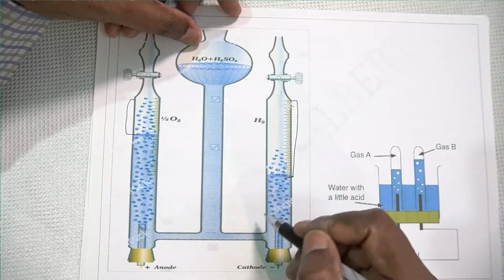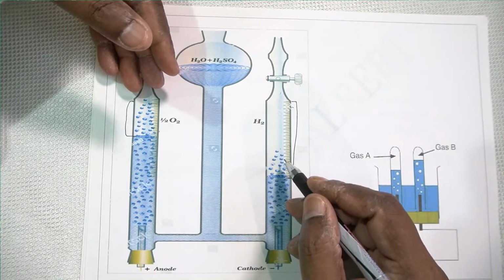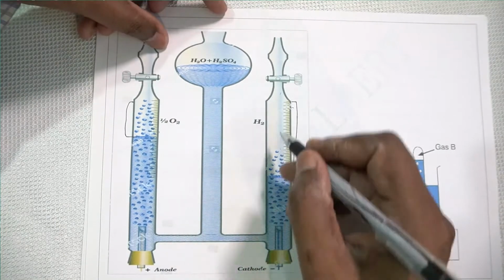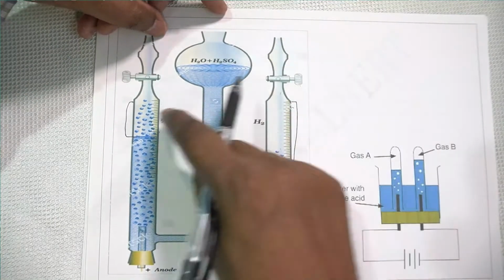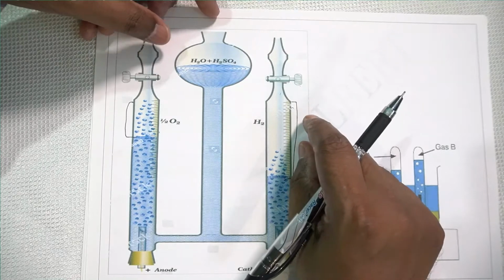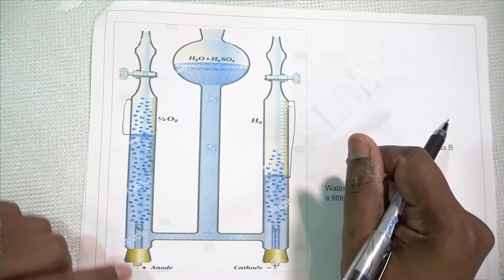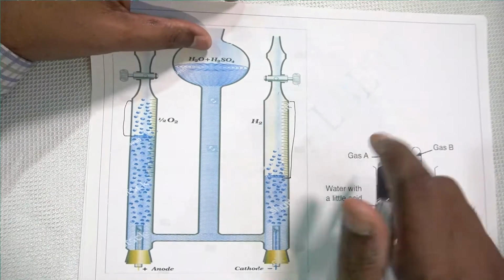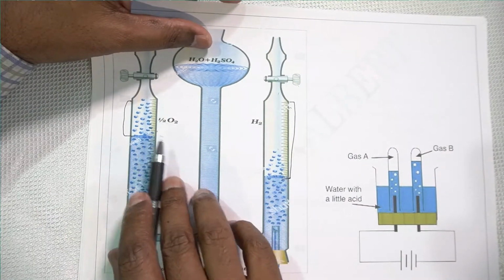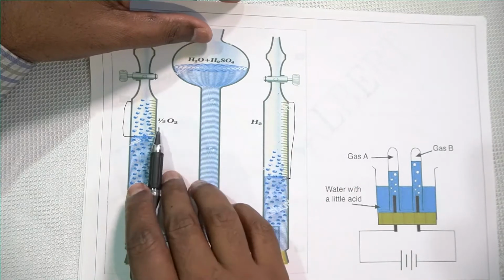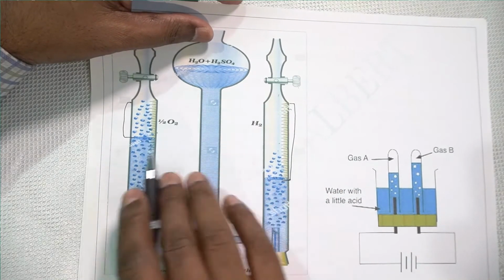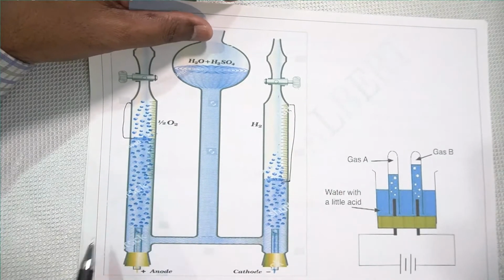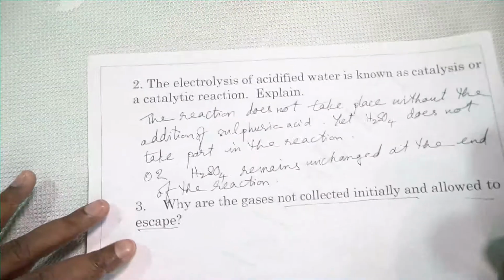So it is double. Now if you want to get the correct ratio, what you have to do is, initially you should open the knob and allow the gases to escape for some time. Then you can close the knob and you will be able to measure correctly. Otherwise the measurement will not be correct. Why? Because the gases dissolve in water. Hydrogen is very slightly soluble, but oxygen is a little more soluble. So the ratio will not be correct because oxygen gets dissolved in water.